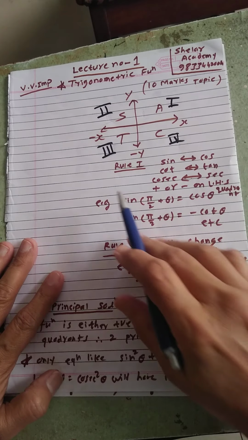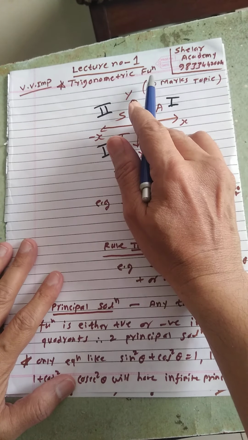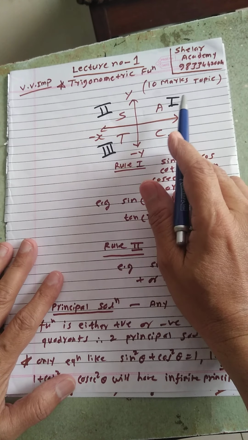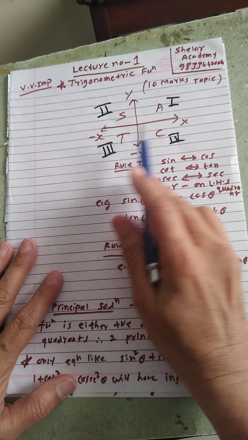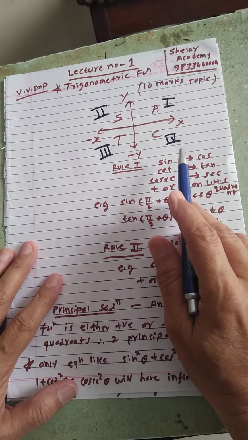Hello students, now we are starting a very important chapter, trigonometric functions. It is a very important chapter, and for this chapter there are 10 marks. Now all of you might know the Cartesian coordinate geometry: first, second, third, fourth quadrants, and with respect